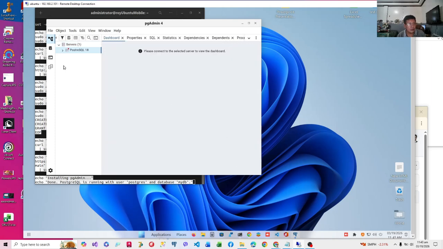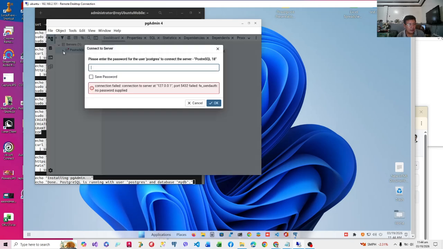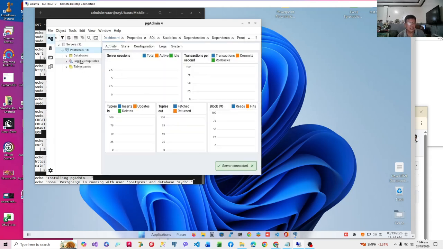Now, in order to connect to the server, you'll have to click this line. Okay, it asked me for a password. It was not saved, most probably. So I'll just type it here and click OK. There it is. So now I'm logged into my SQL server. So I hope you follow. The script makes it a lot easier. You find it in my GitHub repository.